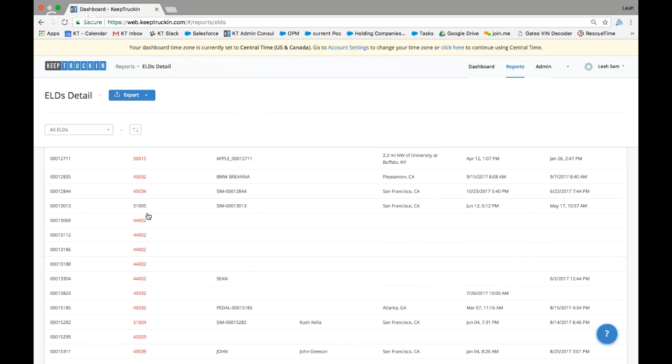Okay, so those were the two requirements needed in order to actually utilize that threshold. And then I also showed you how you go about changing the actual threshold in the admin section. But now let's get into what's required on the driver's side in order to utilize this as well. You've done everything you need to do, but let's make sure on the driver's end, they're doing what they need to do as well. So I'm gonna go ahead and switch over